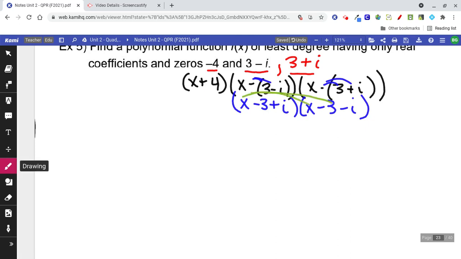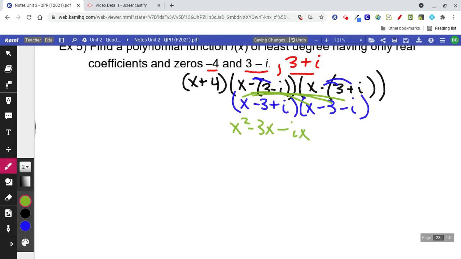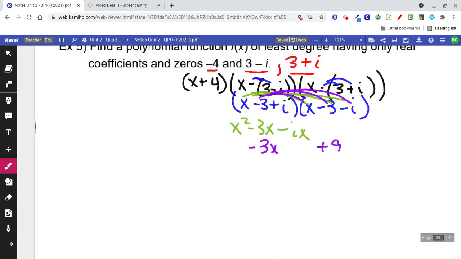The x would give me x squared minus 3x minus ix. And then I would distribute my negative 3, 1, 2, 3 times. I get negative 3x plus 9